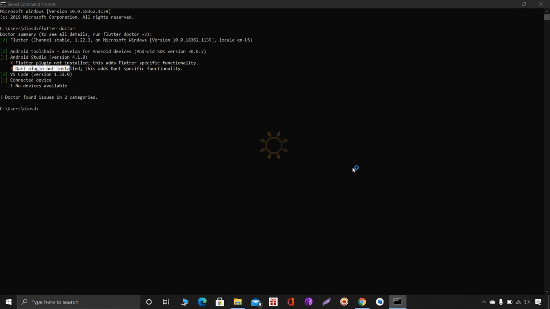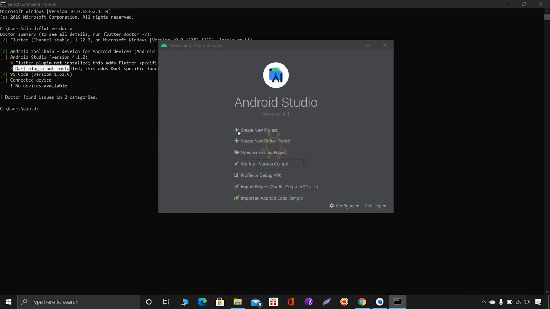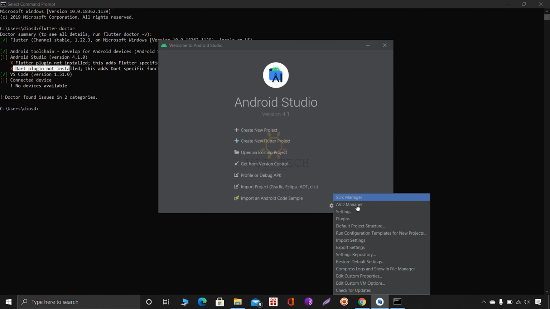Go to Android Studio. In Android Studio, after installing the Flutter plugin, it will show here create new Flutter project. By default only create new project will be there. After installing the plugin, it should show create new Flutter project, but it is not showing because of some compatibility issue.